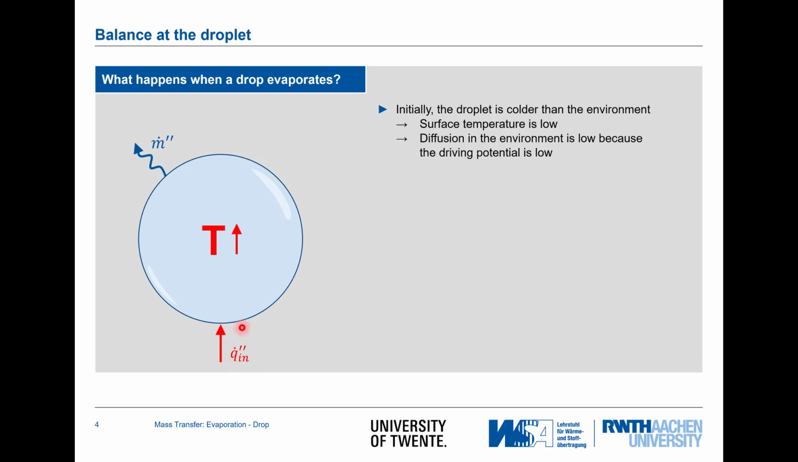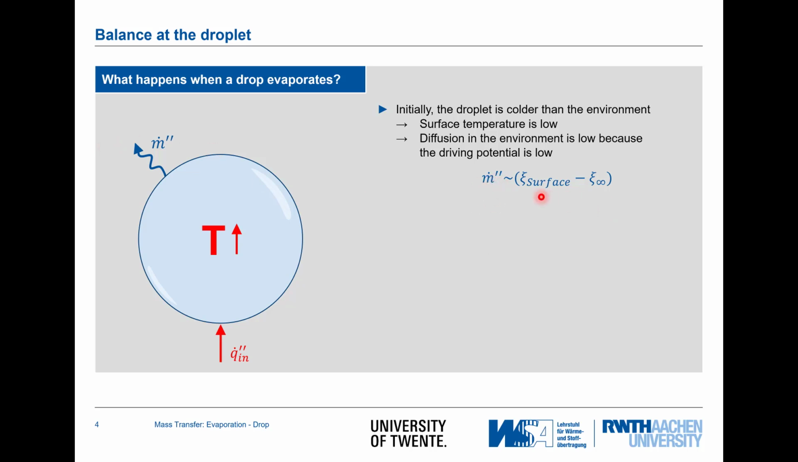We have convective heat reaching the droplet, and a small amount of mass is evaporating. So there's a remainder of heat that's available to heat up the droplet interior, and thus also heat up the droplet surface temperature. As the surface temperature gets higher, the evaporating mass flow rate increases as well, until we reach a point where the entire amount of heat delivered by convection to this droplet is consumed by the evaporation process. And this is the